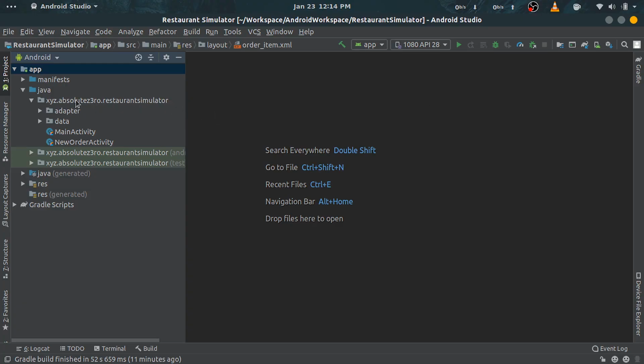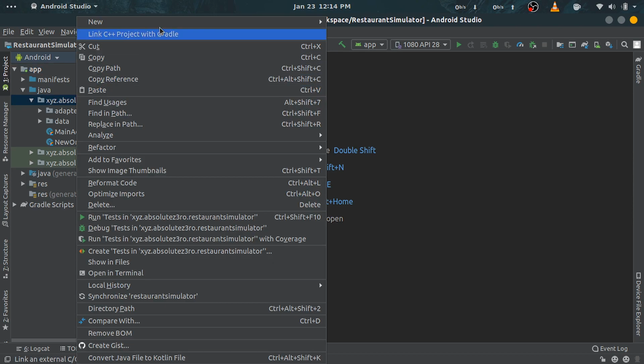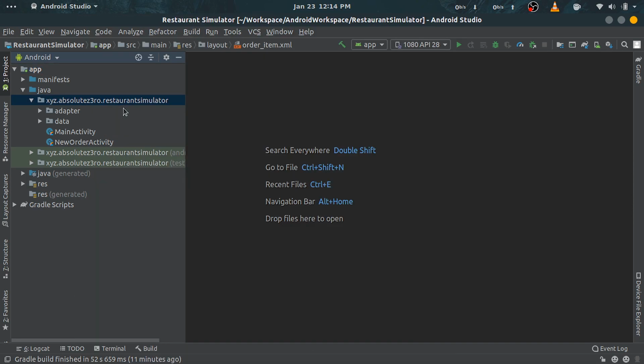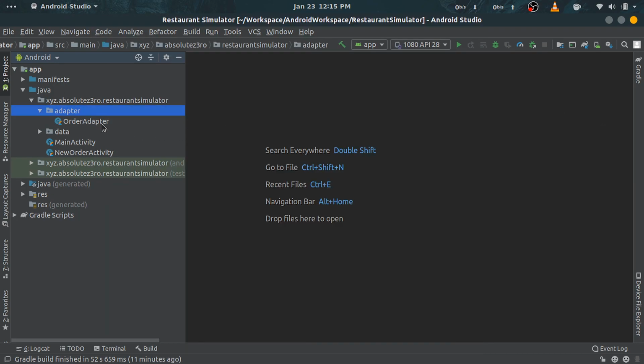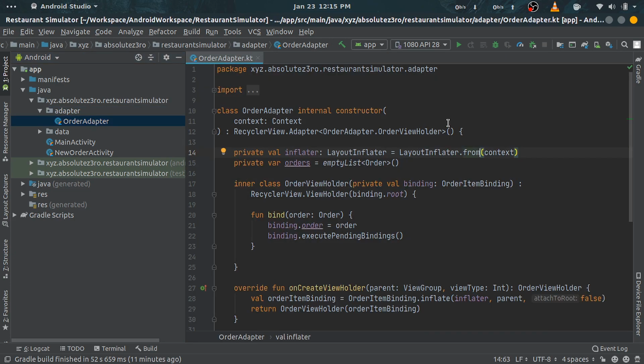So go ahead, right click and add a new package and name it adapter as I have it here. Under adapter, create a new Kotlin class and name it OrderAdapter. Now time to edit this adapter class. First of all, make this class extend the RecyclerView.Adapter class as I have done here.